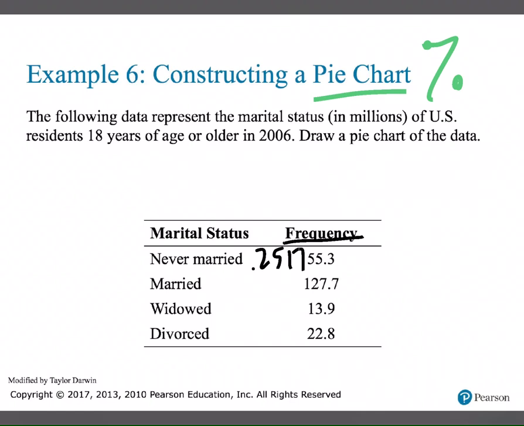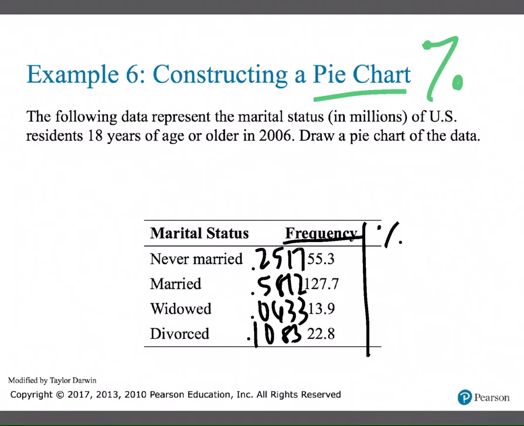Married was 0.5812. Let's see, divorce was 0.0633. And, oh wait, that was widowed, I'm sorry, and divorce was 0.1083. And so right now, these are in decimal form, and if you want to use decimal form, that's completely fine. I'm going to change it as a percentage, and I'm going to make another little chart over here that